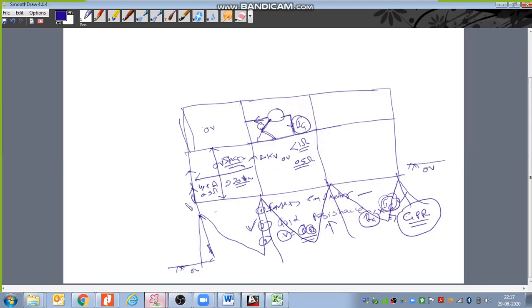So what is happening? At this point we have 20 kilovolts. Here we have zero voltage. Suppose one leg is on the 20 kilovolt rod, and one leg is on the zero voltage ground. Here V1 and here V2. So a potential difference is created, and due to the potential difference, a current will flow from the higher potential to the lower potential.